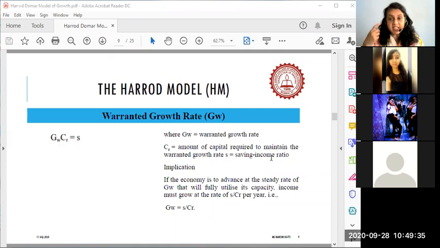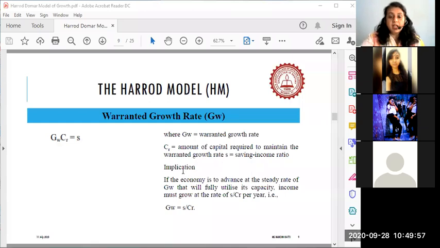And once the Indian economy starts achieving a 10% growth rate, then that will become the natural growth rate and steady growth rate. So again, which factor is going to help us achieve savings? Why savings? Because savings is equal to investment, or I is equal to S, according to Harrod-Domar.